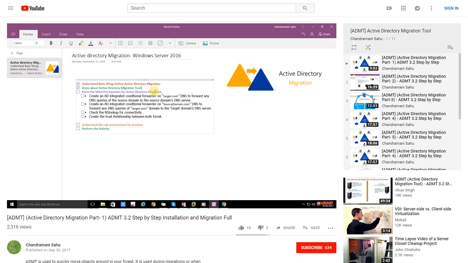Okay, no problem. So what about the Active Directory Migration Tool? It's very simple, you need to download it, there is no cost. So why and how do we perform the Active Directory migration? I mean, there are a lot of prerequisites for the Active Directory Migration Tool, but I tell you,